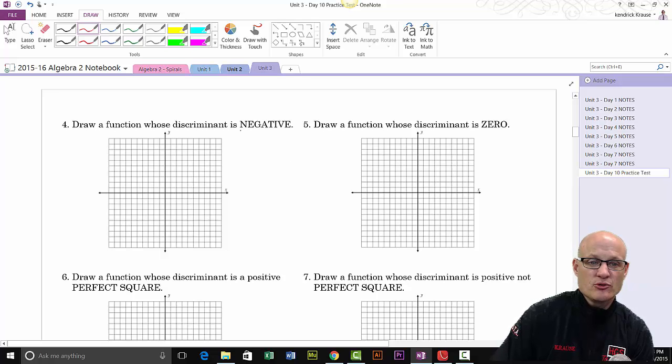Draw a function whose discriminant is negative. When the discriminant is negative, you have imaginary roots. If they're imaginary, then you can't even see them, which means you have to imagine that there's roots. So I could draw a parabola that looks like this. If I don't like that, I could draw a parabola that looks like this, just so long as it does not hit the